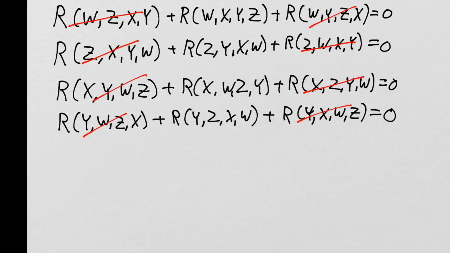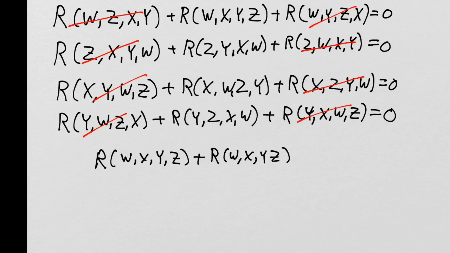So I'm left with, let's see, R W X Y Z plus R W X Y Z, right? Okay, so what I've done is I've flipped these two, and because of the symmetry